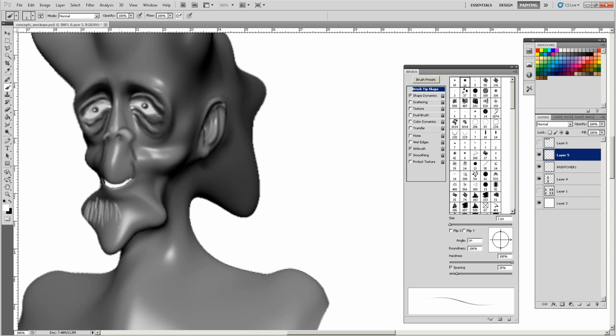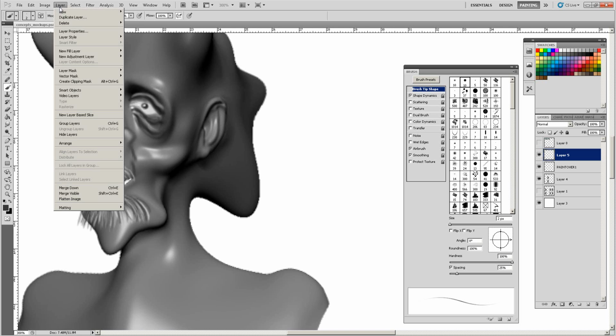So I'm going to kind of throw out a few hairs around this area, and maybe here as well. Around there,